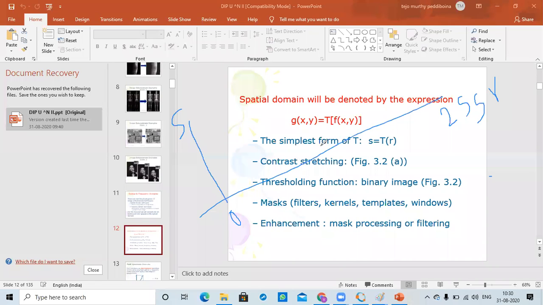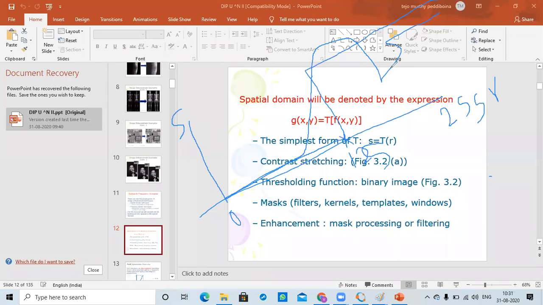Then how I can take a threshold value in between, some 125 or something I have to take, or any value depending on our application. Up to this is 0, and after this becomes 1. This is thresholding function. Or otherwise ideally it is not possible, so I can have little variation also.